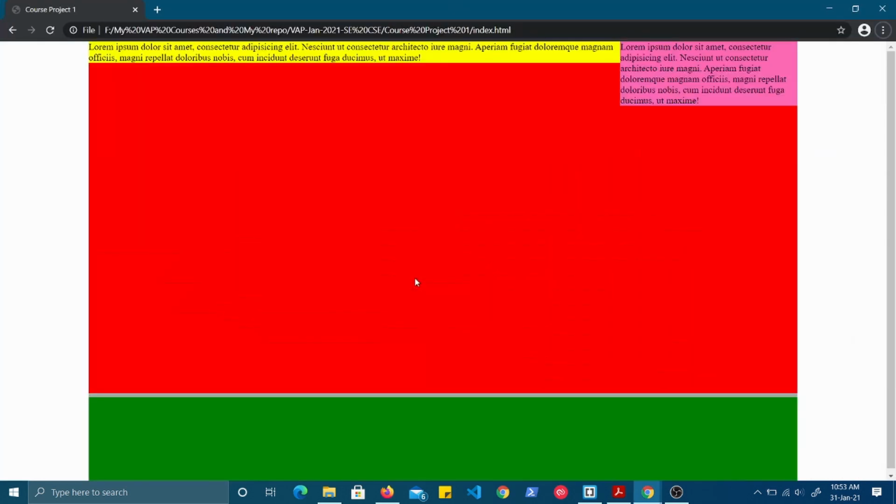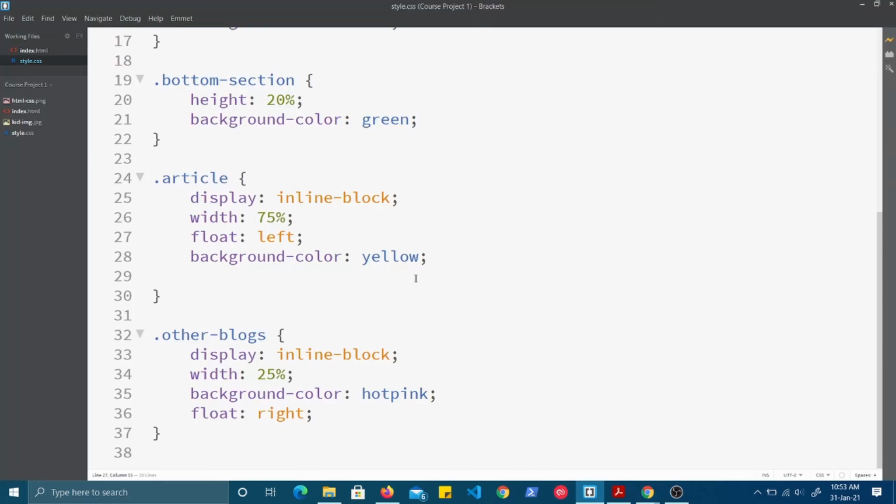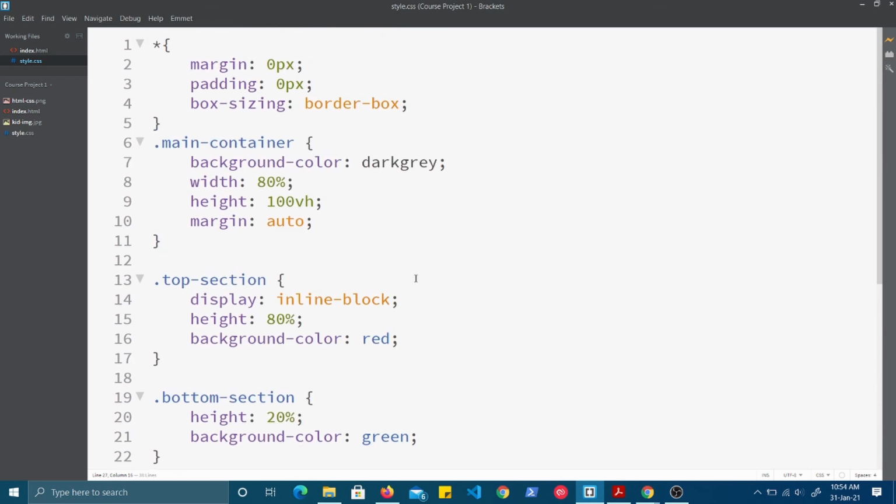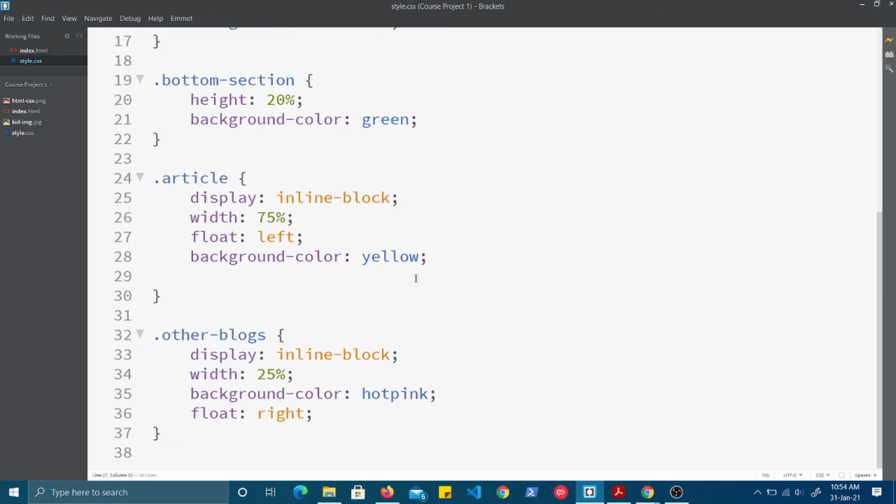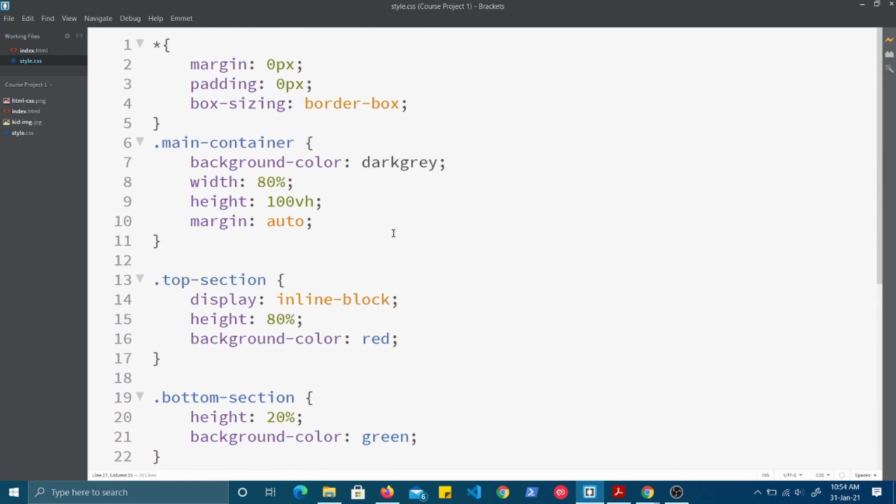So this is only given for the sake of understanding the layout. This is the layout we have taken. So this is about the layout, and in the next video I will explain how to put the content within that. I think we have seen how it works. So see you in the next video.